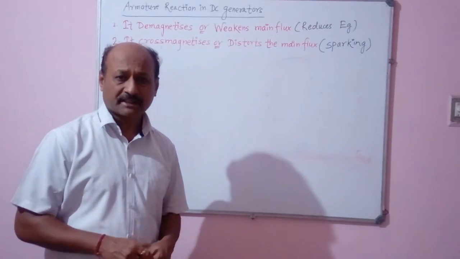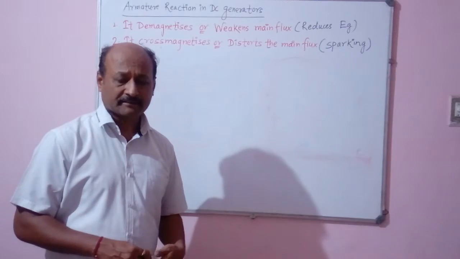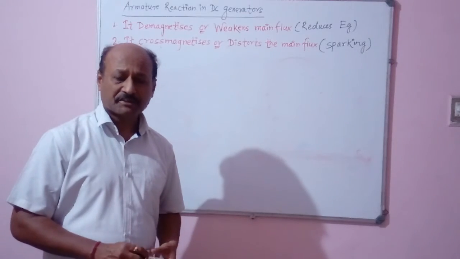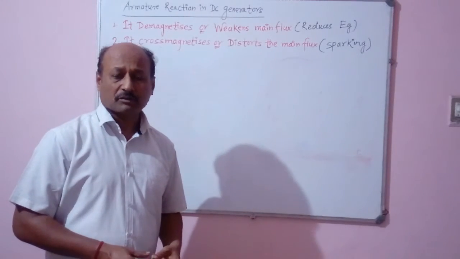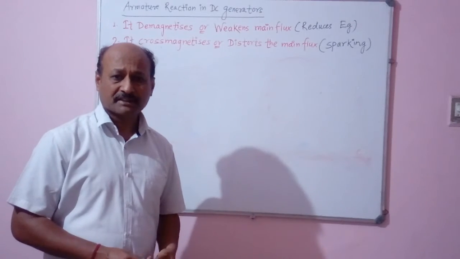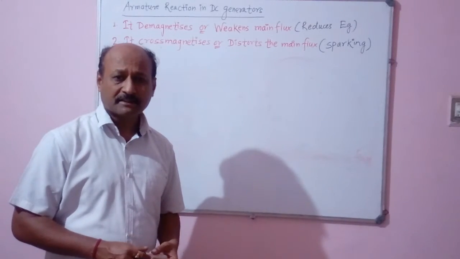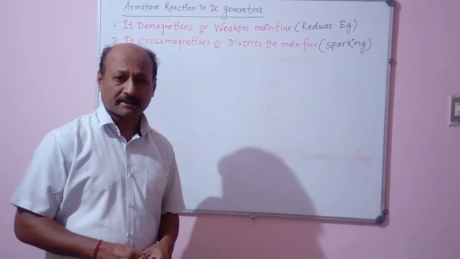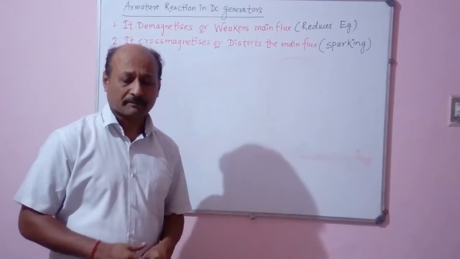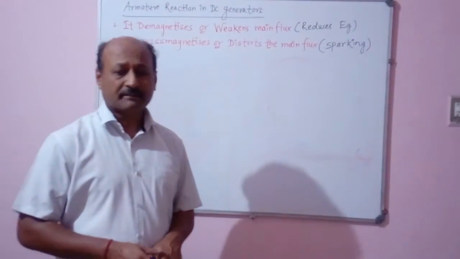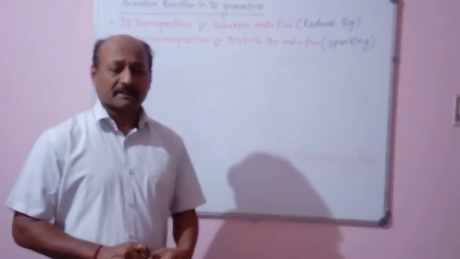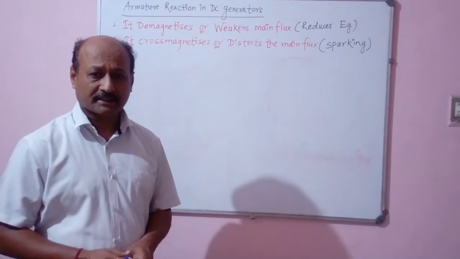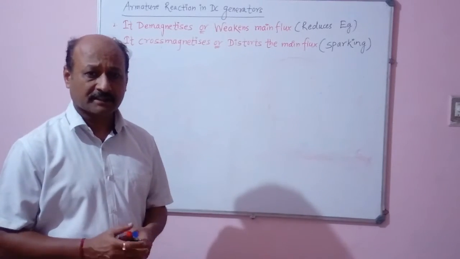So whenever the armature carries current, it sets up a magnetic field. So the effect of magnetic field set up by the armature current on the distribution of flux under the main poles. So what are the main poles? The main poles produce the magnetic field. So the normal magnetic field is from N to S. The field winding is the stationary part, and the armature is the rotating part. So the complete definition of the armature reaction is the effect of magnetic field set up by the armature current on the distribution of flux under the main poles.